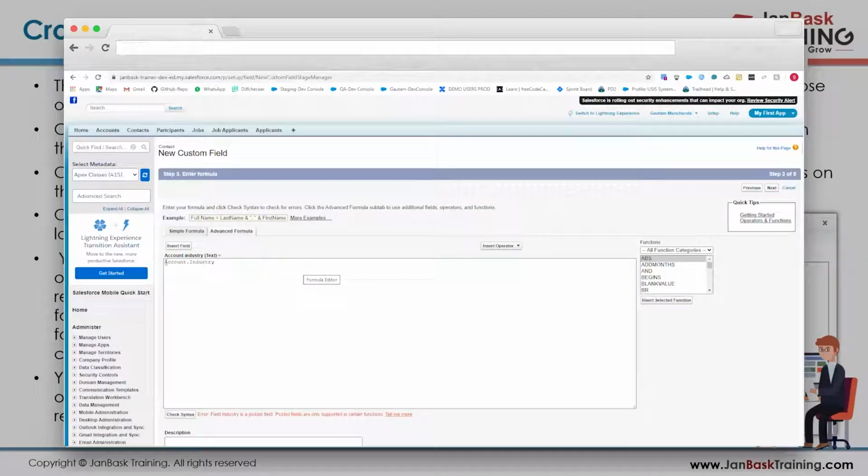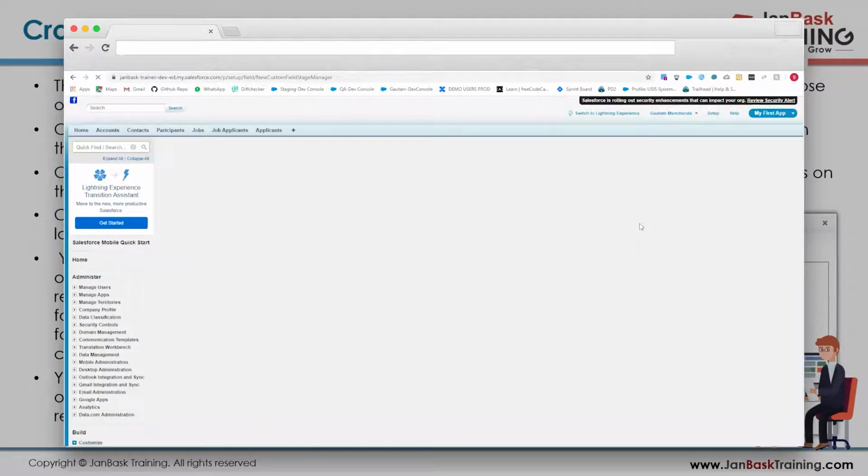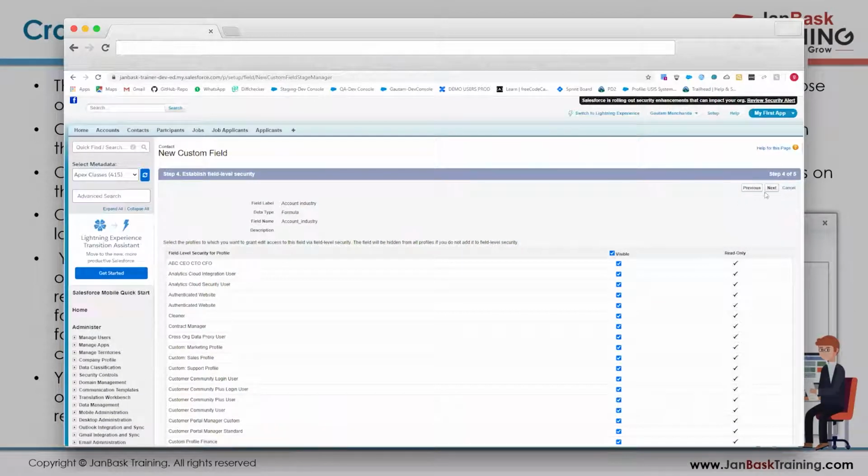So how do we use it? Whenever you are using a pick list field in the formula field, just remember this thing: remember to enclose it within the text bracket. What it does is it just simply converts a pick list field into a text, a normal text. So this is what we have done, and I click on next. I will make it visible for all initially, and then I will save.